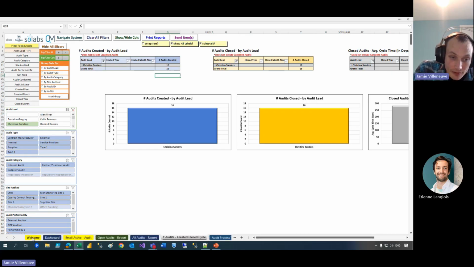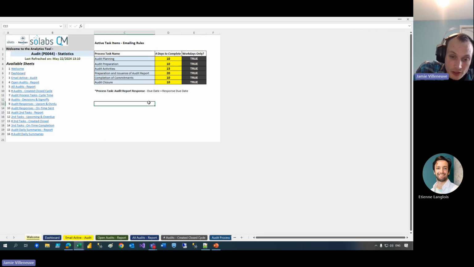So with all of that, there's one final feature that I would like to show you, and I think this is the most powerful thing that will change the way that users interact with these processes. The biggest concern that I've always seen with processes and secondary tasks is when somebody has something due, how will they get notified? And how do you keep them